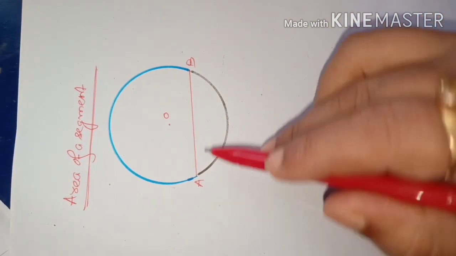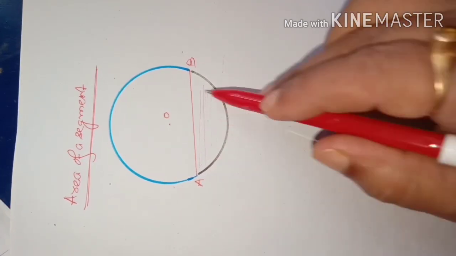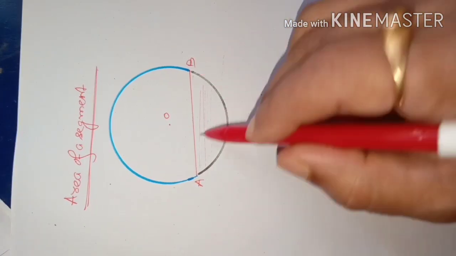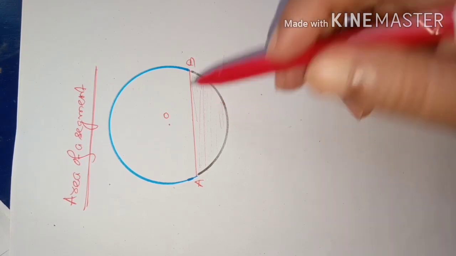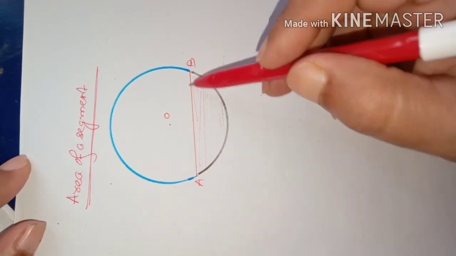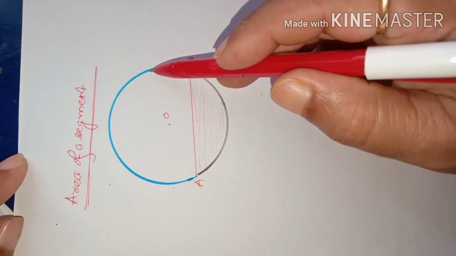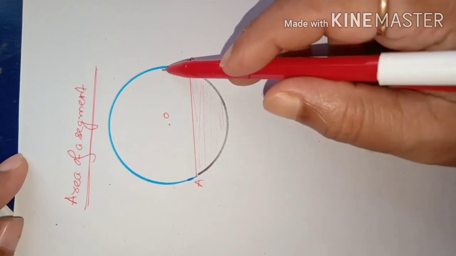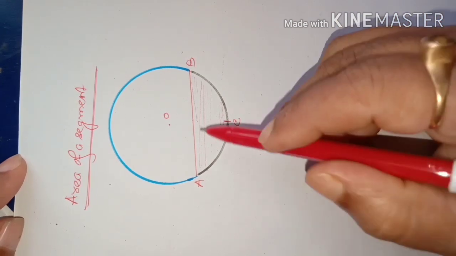One portion is this portion, which is below the chord AB, bounded by this chord and this arc. So this is one circular part of the circular region, and another portion is above the chord AB, which is bounded by chord AB and major arc AB. The blue arc is called major arc, and this black arc is called minor arc. This is smaller than this arc, that's why. So if I mark a point here, C, suppose,